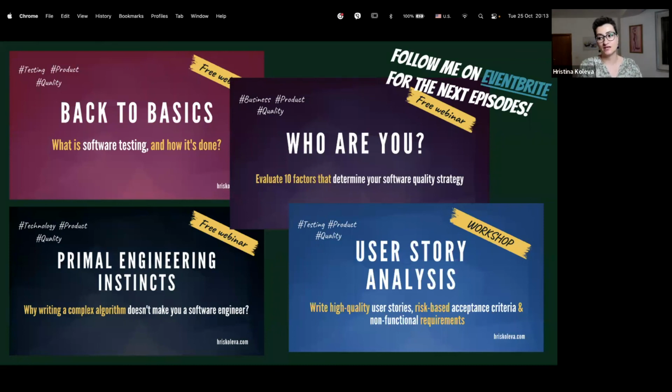And I plan to create a workshop where we will be doing test analysis and writing acceptance criteria and running user stories against the user story checklist and writing high quality user stories.